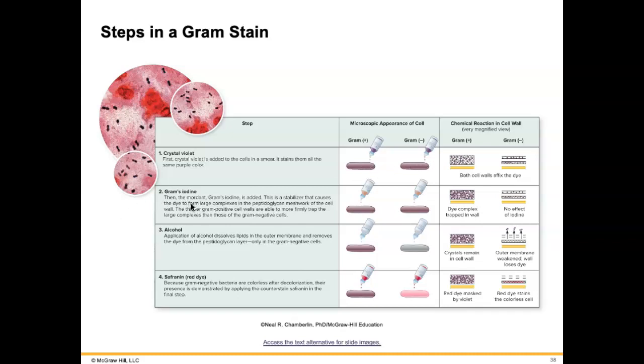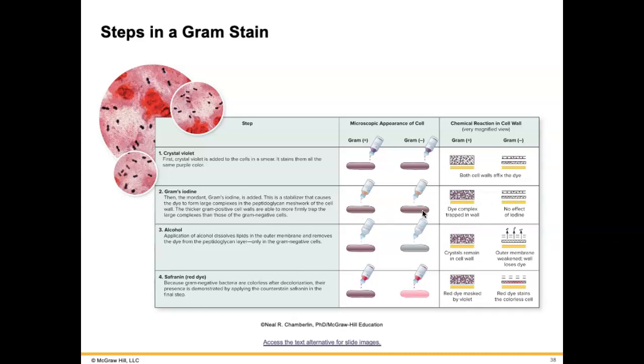Graham's iodine, it's not a stain. It happens to be the color of iodine, but that doesn't matter. It's not a stain. It is a stabilizer. It helps the crystal violet stick, so it doesn't change the color of the cells. Therefore, once we rinse off that iodine, it really helps that stain adhere, and we move on